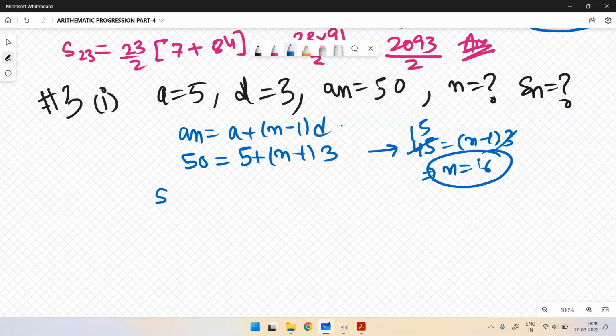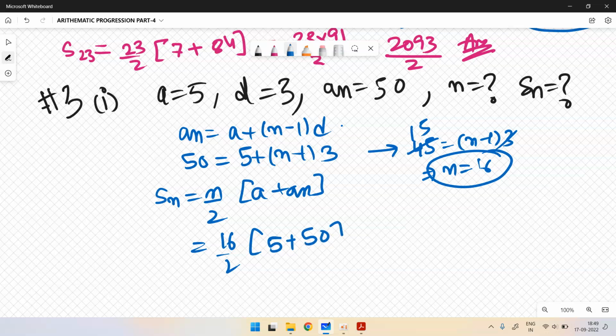So you can substitute this: Sn equal to n by 2 times a plus the nth term. Applying this directly, 16 by 2, a is going to be 5 plus nth term is 50. So this is 8 into 55, and 8 into 55 is 440. This is the answer. Now second is